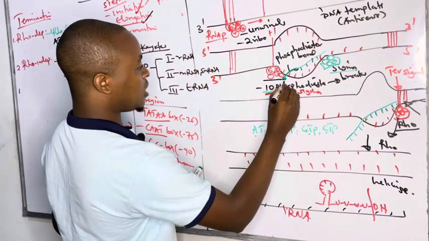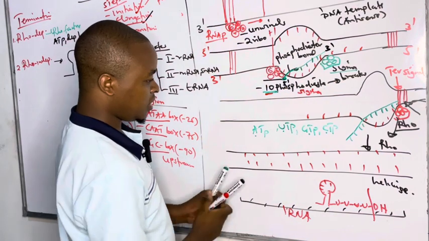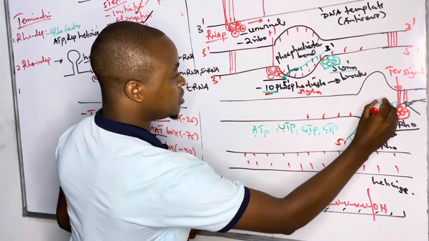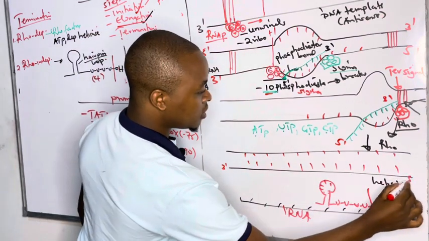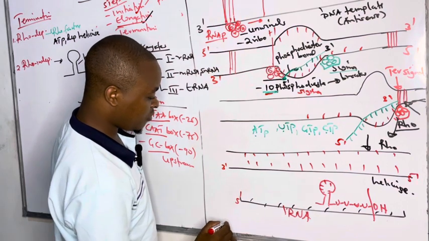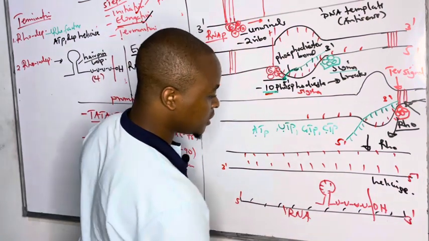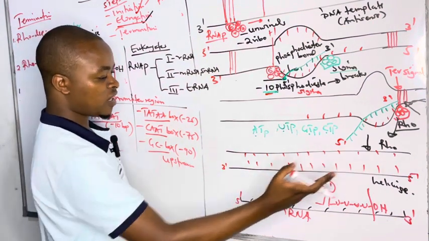Remember, synthesis is occurring from 5' end to 3' end. Even here we have 5' end, 3' end. Here we had 3' end, 5' as a template. So we are forming the RNA from 5' to 3', using a template which is from 3' end to 5'